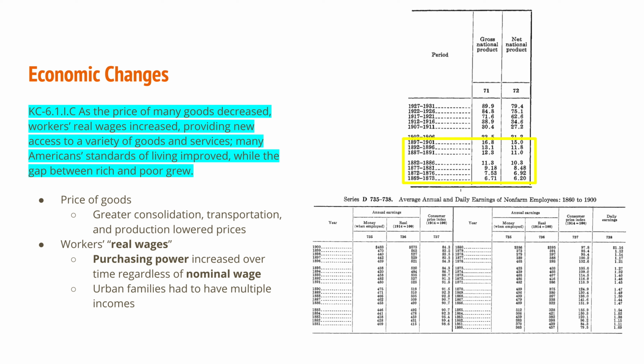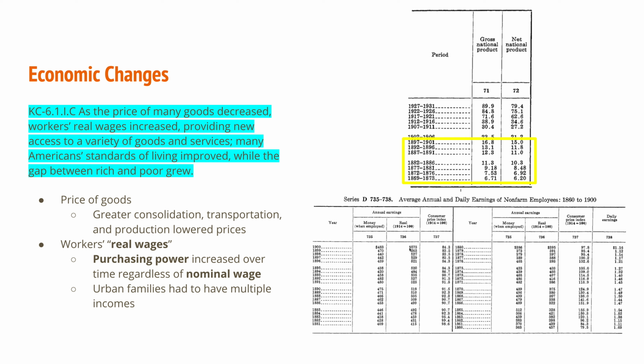The bottom chart is a little bit more complicated, but you can see that starting on the right side in the 1870s, the real annual earnings, dollars that have been adjusted for inflation, at first stay about the same, but then when we get into the 1880s, they start going up. We begin with 375 in 1870, and we go up to 573 in the year 1900.